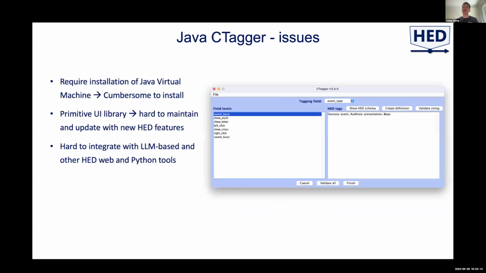However, as time developed, Java became a very complicated and cumbersome language to deploy and program in, because the Java virtual machine requires an extra installation step for people if they want to use a standalone app. The UI library is very primitive, so it takes a lot of time, and it also doesn't have much support for developing UI features. And then, as Kay had mentioned, we have a lot of HED tools developed in Python, and working with Java makes it very hard to integrate the Python code base to include the new features in